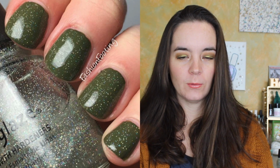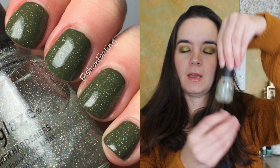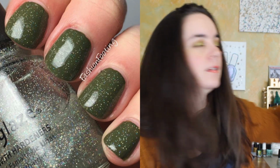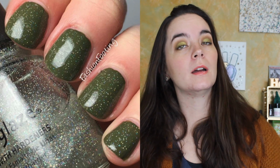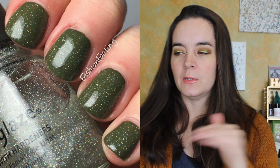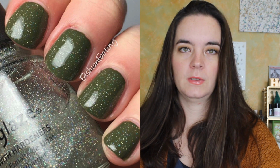The first two polishes are from China Glaze. One is a classic polish, and that is China Glaze Fairy Dust. I have several bottles of Fairy Dust. This bottle that you're seeing back here is about 3/4 of the way empty. Now I will admit that I haven't worn Fairy Dust in quite a while, but when I was going through my drawers looking for these polishes, I saw Fairy Dust and I was like,